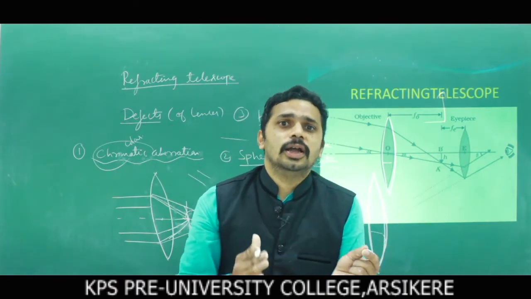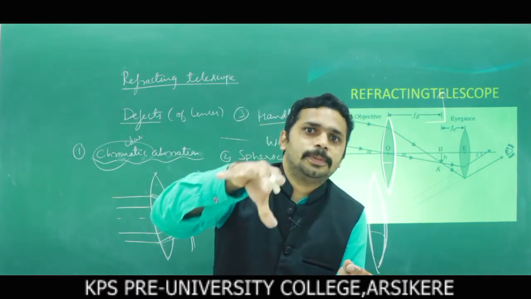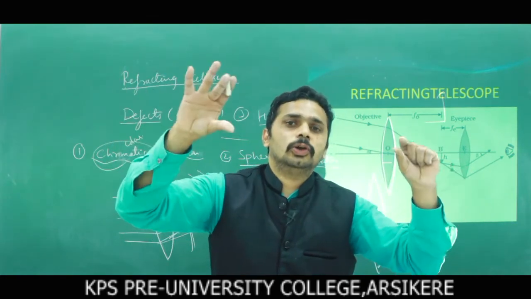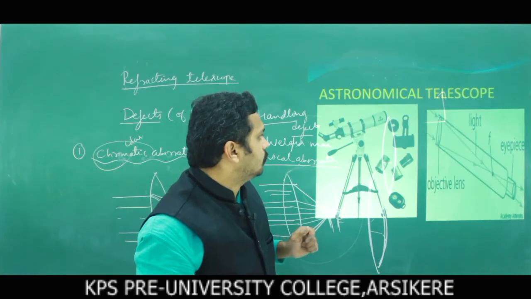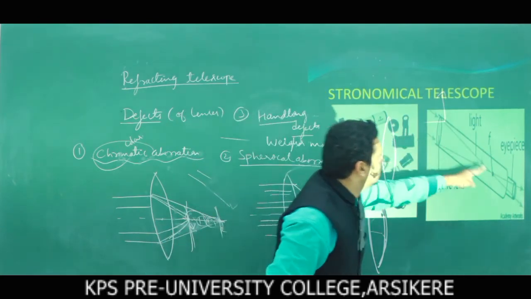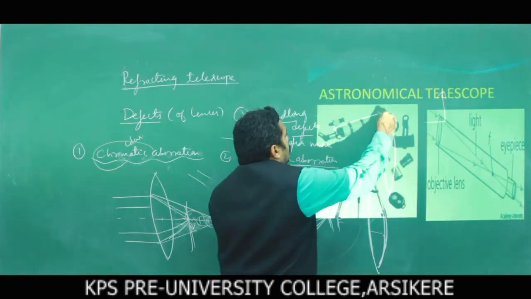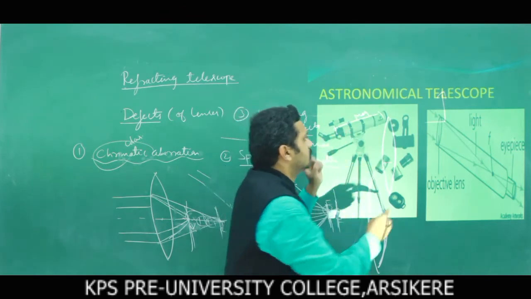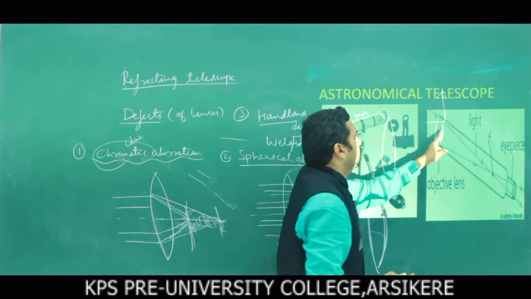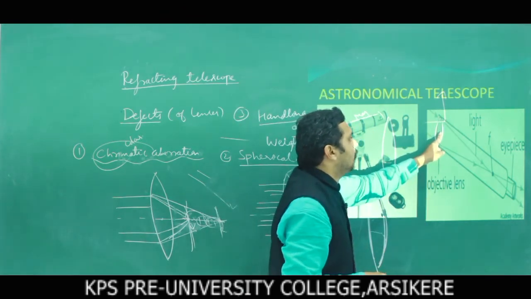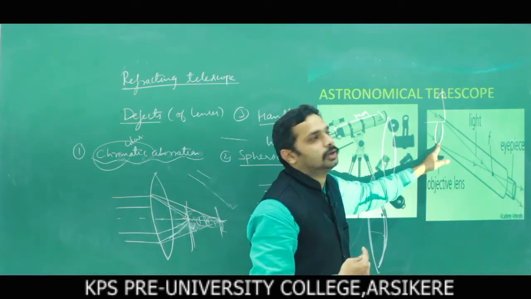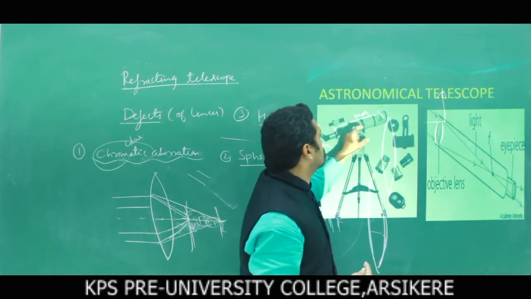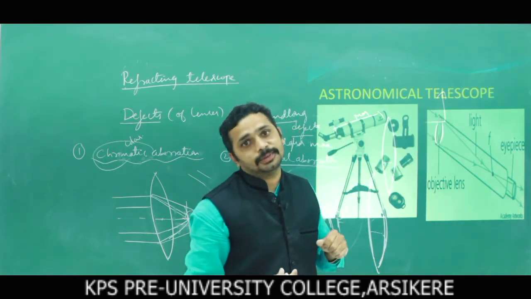It is very difficult. Also, to put the large aperture lenses in the tube, you have to make metallic tubes. I told you that telescope tubes are now made of metal. This is the tube. You have to use metallic tubes because it has to stand. You have to place the mirrors and the lenses in the metallic tubes. That's why it is very difficult to construct the metallic tubes and also large aperture lenses.